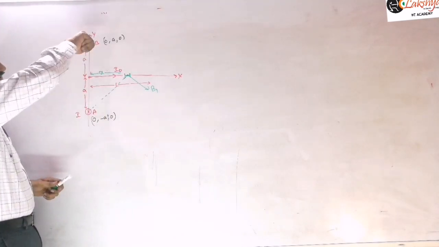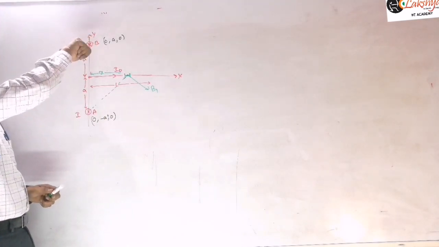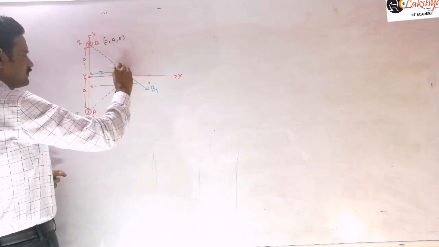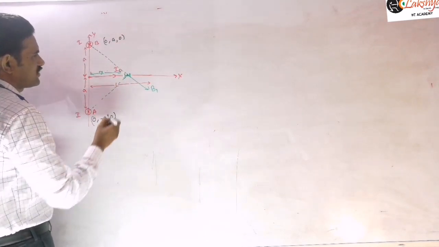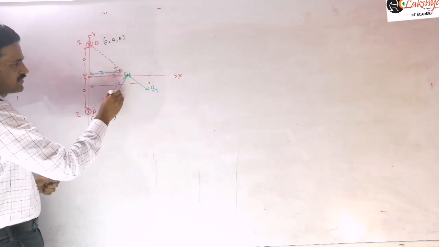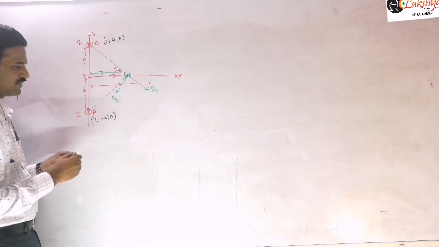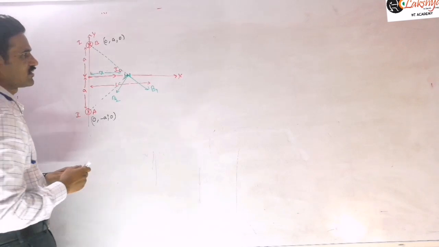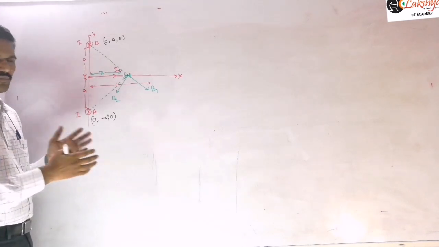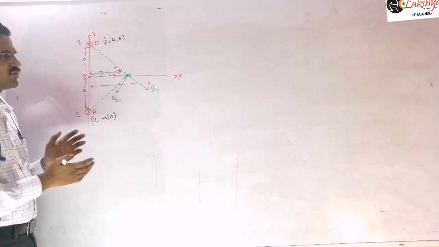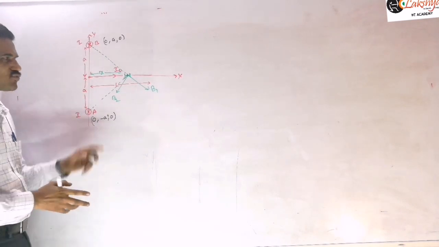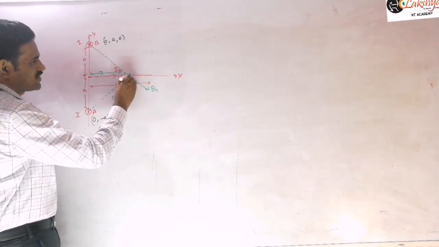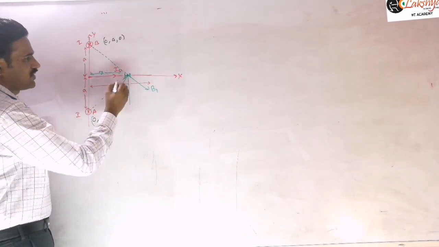Next, similarly, the magnetic field due to this current, due to this conductor, we need to write here. It will be perpendicular to this, you will get like this. This is B2. The current is into the plane here, so the magnetic field will be perpendicular to that. And you can conclude that B1 and B2 are equal in magnitude because this distance is the same and this distance is also the same, so you can resolve this into components and find the net magnetic field here.